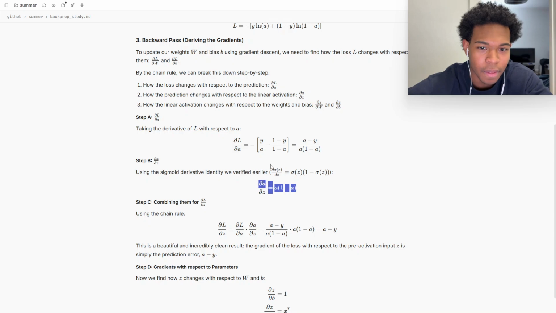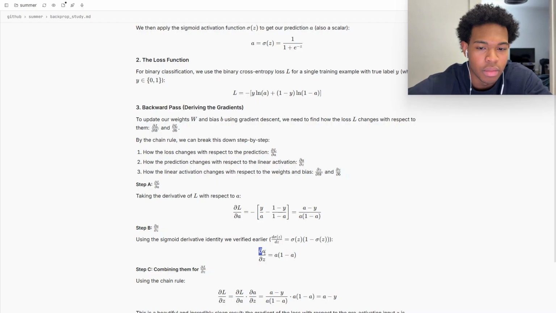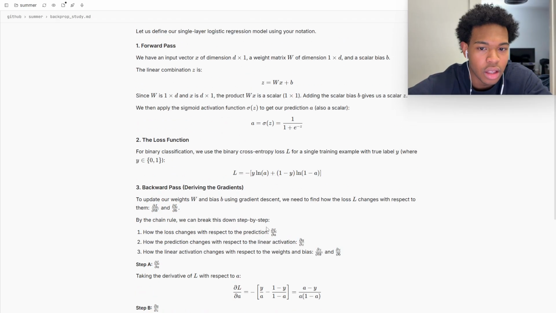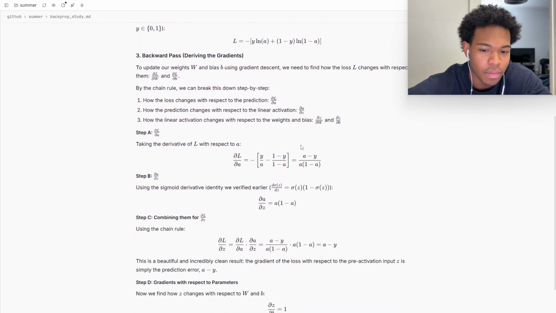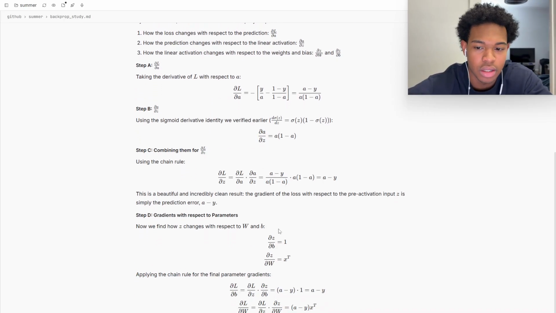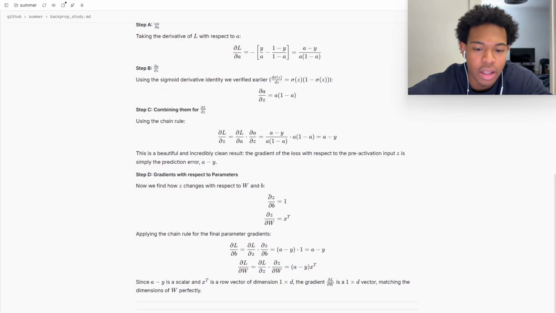So this A would actually be really ugly for us, because A equals sigmoid of Z, which is our whole equation, and if you spelled this out, it would look pretty ugly. But it's packaged well, so it looks nice. Then Z with respect to B is just one, and Z with respect to W is just X transpose. And then chaining it all together,